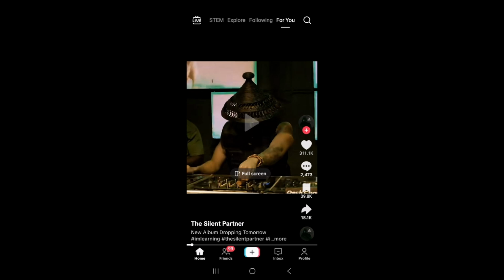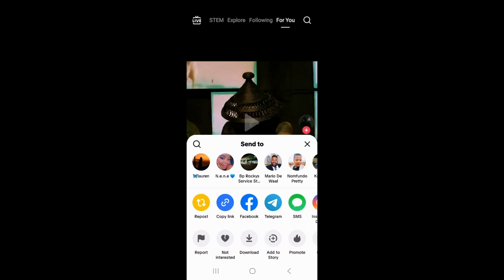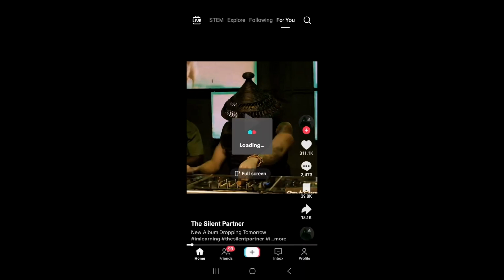Now on this particular video at the bottom on the right hand side, you'll see the share icon. Tap on that and there will be some gray icons right over here at the bottom. Scroll to the right, you'll see it says stitch. Go ahead and tap on this, and essentially what's going to happen is you will be able to take a